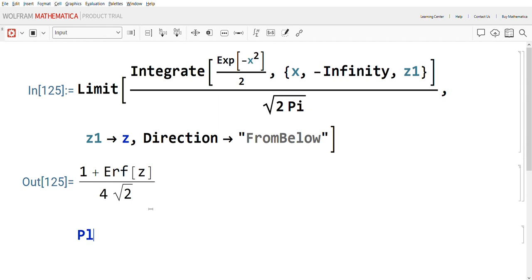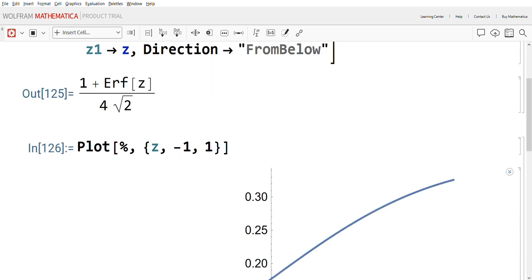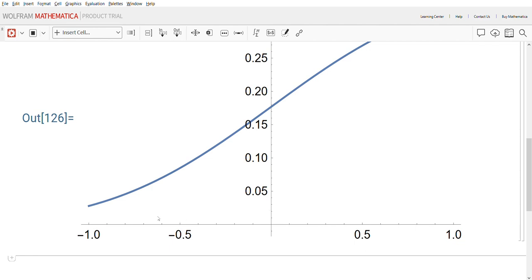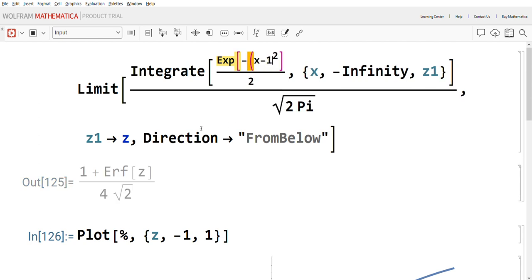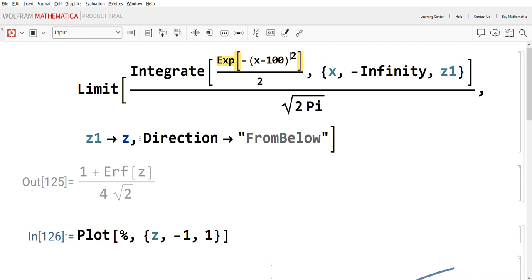So if we plot that just for fun, the percentage sign means the previous output. Oh, so as z goes from -1 to 1. So this is actually a cumulative distribution function. So let's change the whole thing to, instead of the normal distribution centered at 0 with standard deviation of exactly 1, switch to IQ mode, so that the mean IQ, let's say, is 100. It's really not 100, but